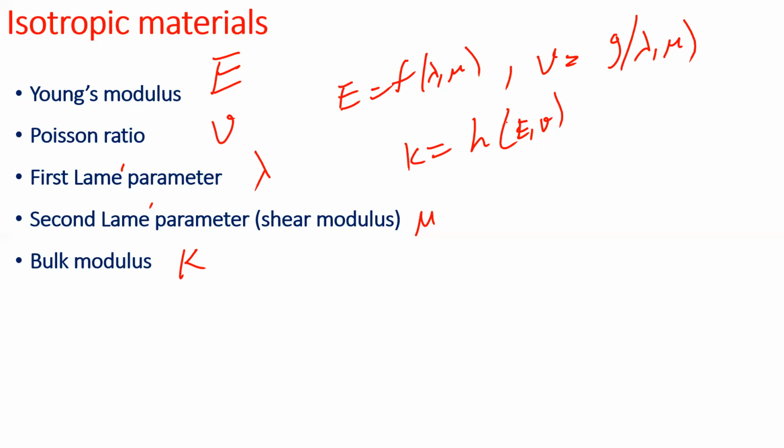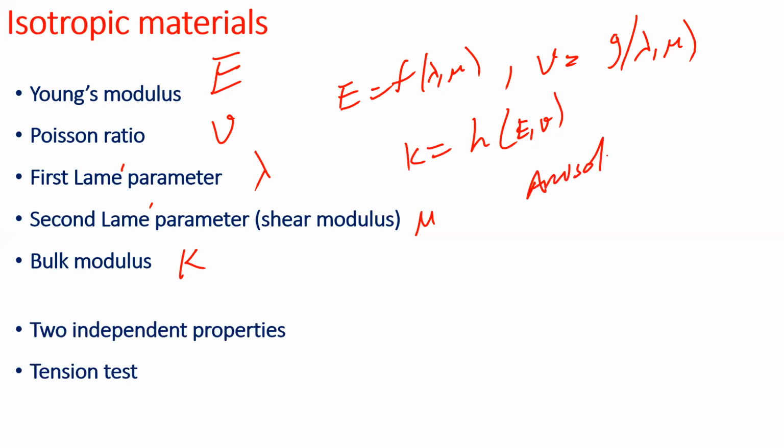The easiest way is the tension test. It's not like this is the only method that can be used to identify these. For example, for an anisotropic material, we already know that the number of constants is 21. How does one measure all these 21 constants, especially for a triclinic material? The technique used is